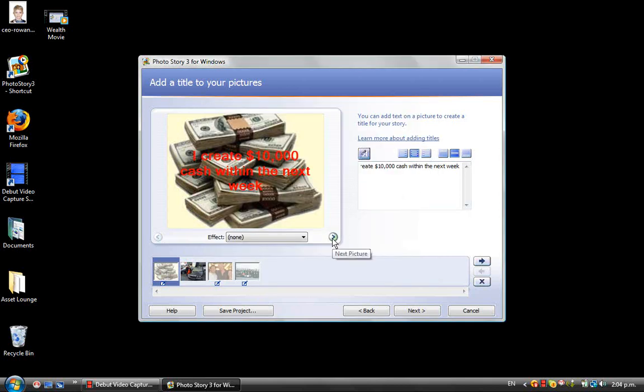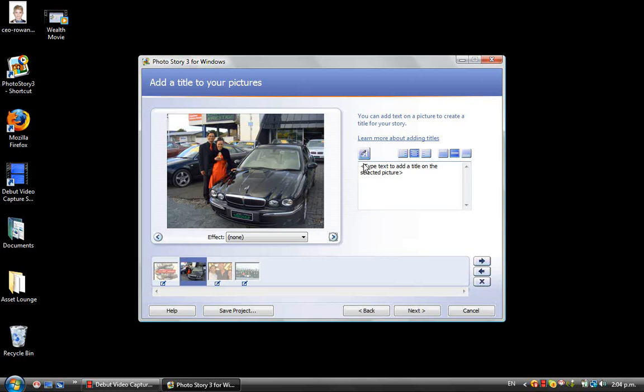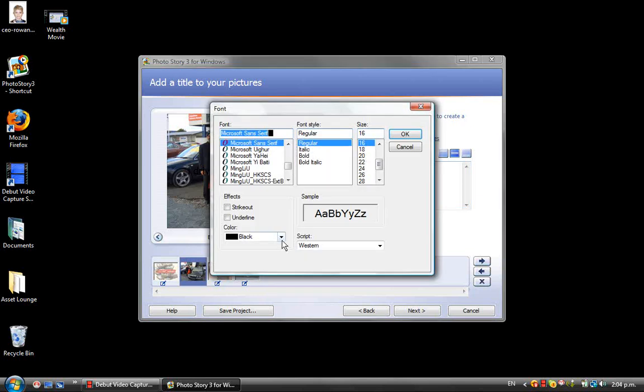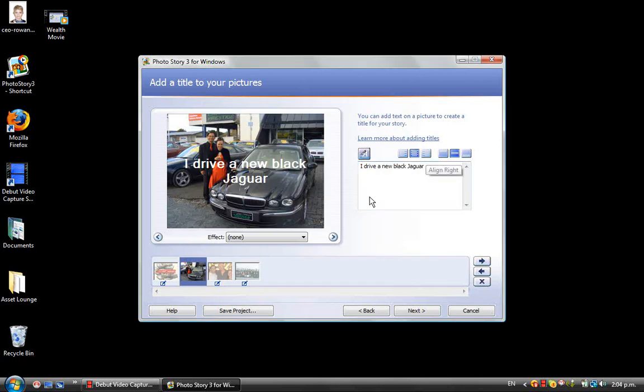Let's click here for the next photograph, and I'll type in my text: I drive a new black Jaguar. Again that's a little difficult to see, so let's change the color, take it to white, make it bold and size 20, great.